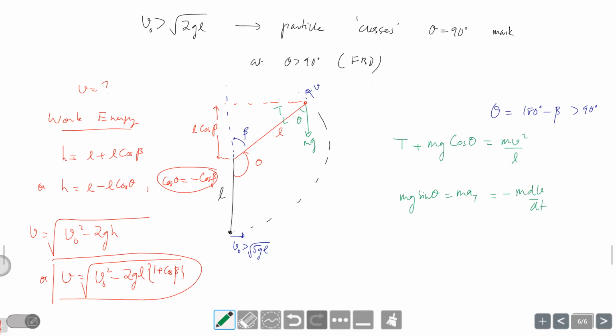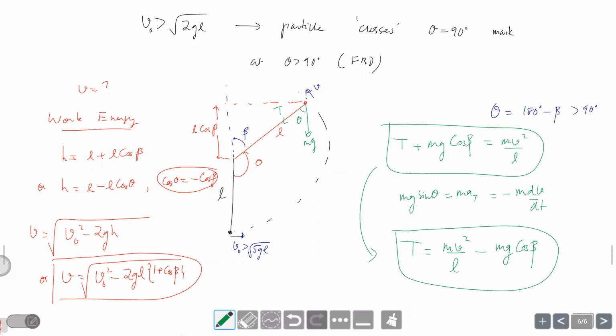But this equation is showing us now the important thing, that tension... So it's not theta, this is beta. We can still write it as minus mg cos theta, but then cos theta is negative of cos beta. This is the important part. Tension has become mv square by L minus mg cos theta. So now this equation shows you that you are in danger of this happening, that even when the speed is non-zero, the string can go slack. Whereas earlier that thing was not there, it was the other way around. V would become zero if necessary, but your tension would be non-zero. So that is why we have the condition for the string slack.